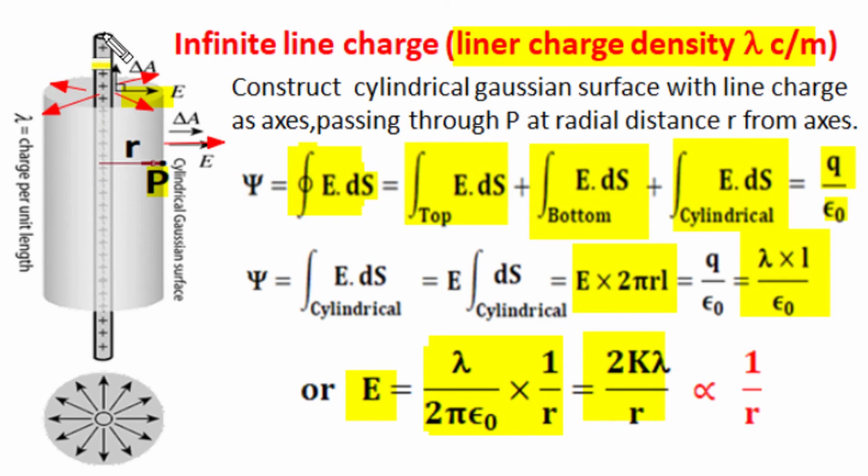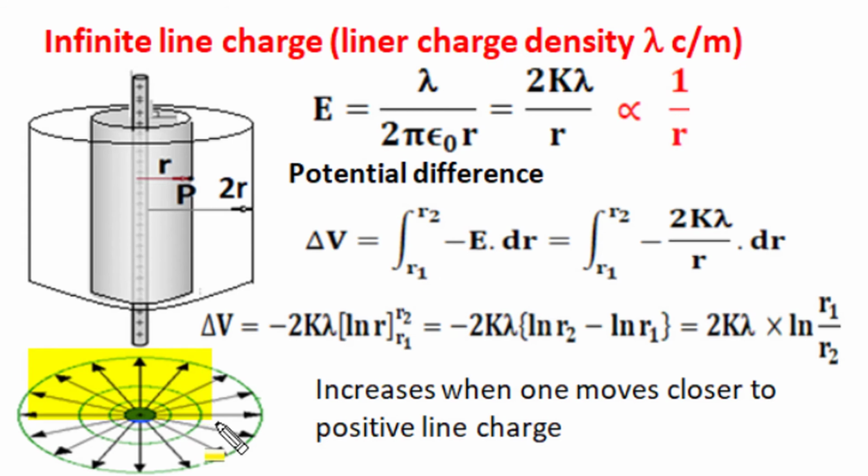lambda over r. So for line charge density lambda at a perpendicular distance r in mid positions, the electric field of an infinitely long line charge is inversely proportional to the radial distance. This is also clear from this pictorial representation of divergence of electric force lines, and the density of force lines or strength of electric field decreases as we move away from the source line charge. So the radial outward electric field of this uniformly charged positive infinite line charge with linear charge density lambda coulomb per meter is lambda upon 2 pi epsilon r, or 2k lambda over r, an inverse function of r, and